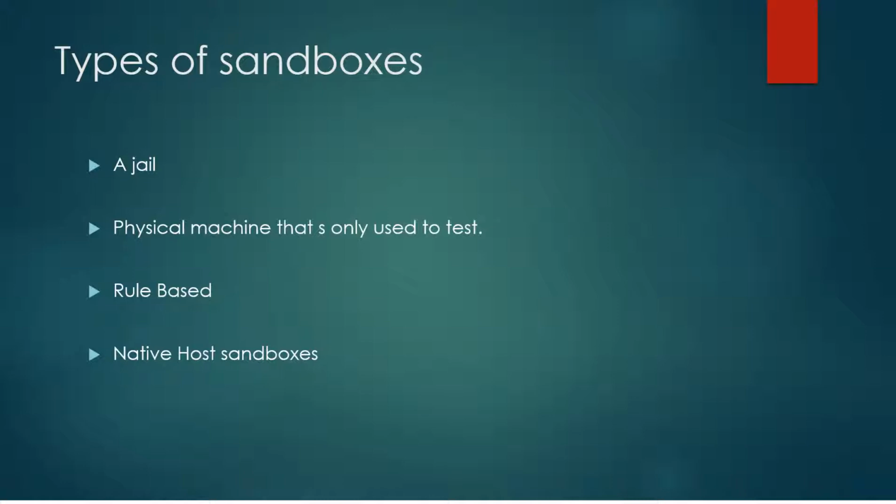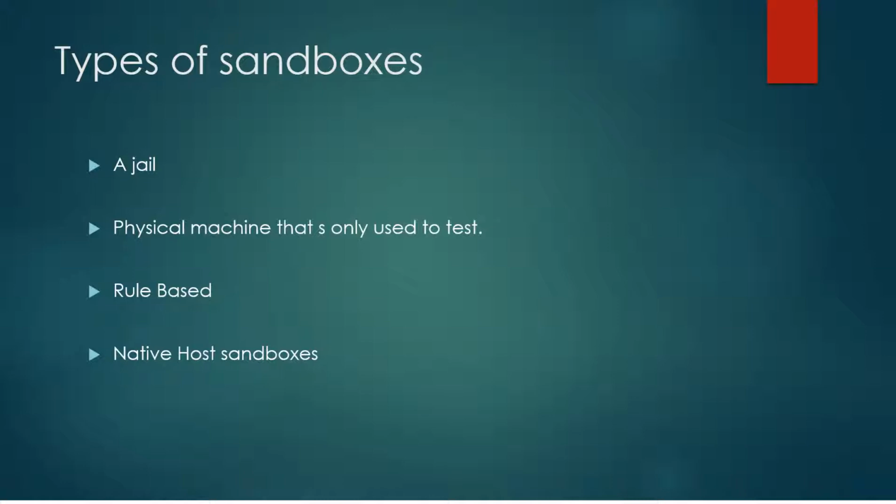Now, there's a bunch of different types of sandboxes. I'll list a few here. A jail is a normal sandbox that just has no networking involved. So basically, you cannot get any access to the network. There's also physical machines that you can install. Basically, it's just like you would install Windows on a normal desktop, but you wouldn't put any personal information on there. It's a way to be secure or to test fully running on physical hardware without worrying about